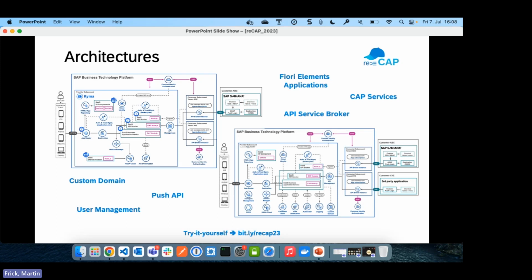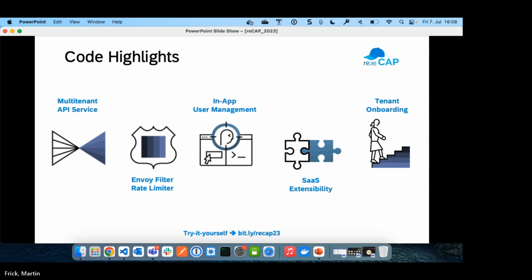Right, so we will have basically code highlights for 5 different topics here. And basically the first one is multi-tenant API service, which contains service broker and backing service implementation, which we did with CAP. Second one is envoy filter rate limiter, which we try to implement in our Kyma runtime, which is basically native Kubernetes objects, not extra workload, and